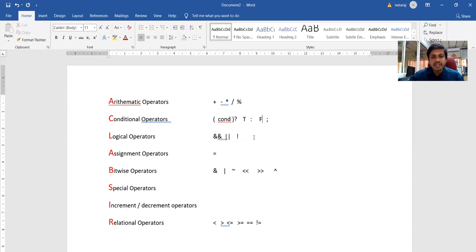And relational operators, yes, there are 6 relational operators: less than, greater than, less than or equal to, greater than or equal to, not equal to, and double equal to. Since these operators speak about the relation present in the operation, they are called relational operators. Okay. I am speaking very fast. It's okay, because the last class is over.